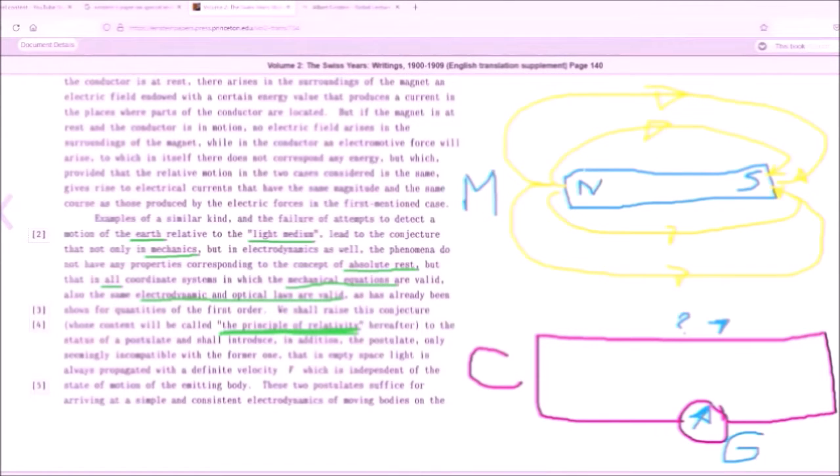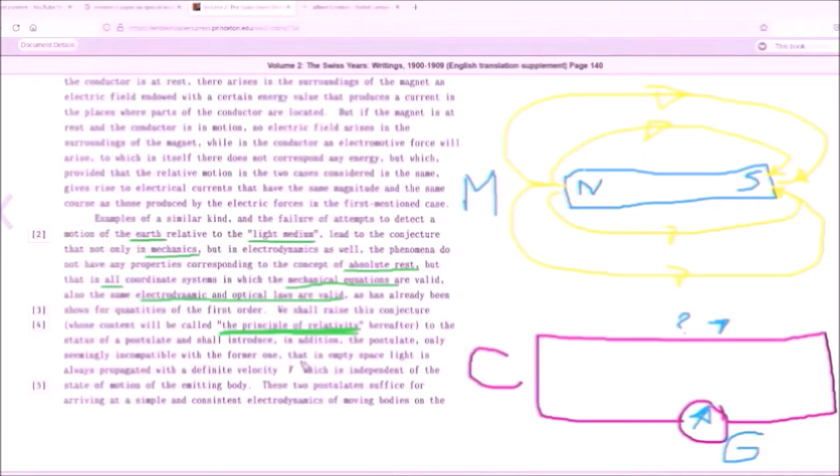but it will only generate electric current in the wire. But when the wire moves, it will not do the same thing as the magnet, because the wire has no active field in it. The wire responds to the magnet, as the magnet does not respond to the wire. In the same way, the light medium and the earth, the situation is different, whose content will be called the principle of relativity thereafter, to the status of the postulate, and shall introduce in addition the postulate only seemingly incompatible